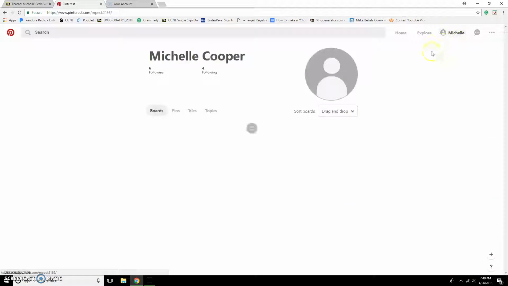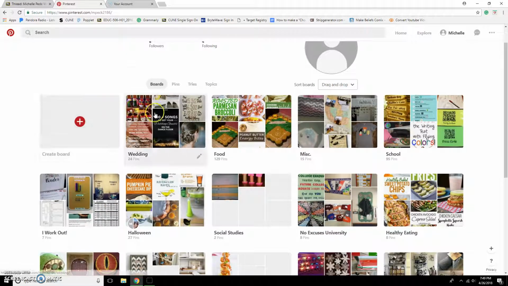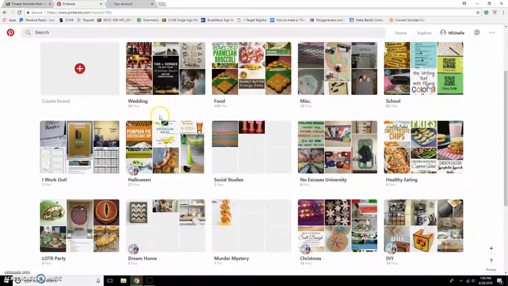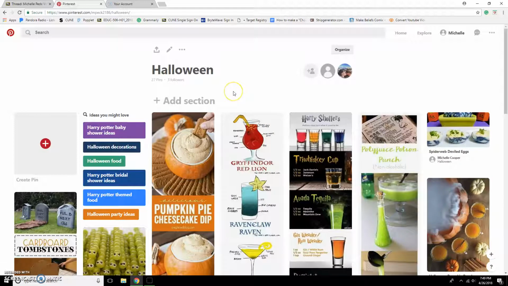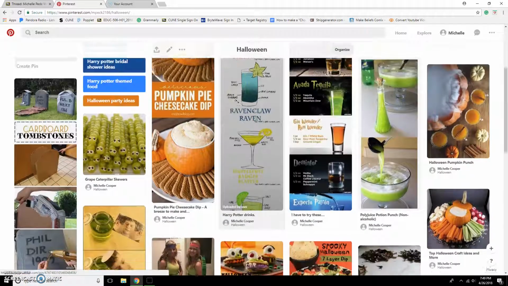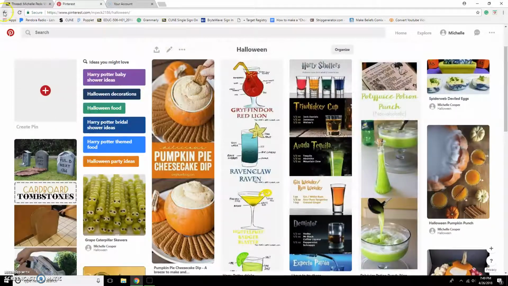and then I'll see that I have people following me. I'm following some different people for their boards and things that they've got. And I have all these different boards. And if I wanted to know more about that board, I just click into it and it'll show me all of the things that I've saved for that board. So I'm going to click back